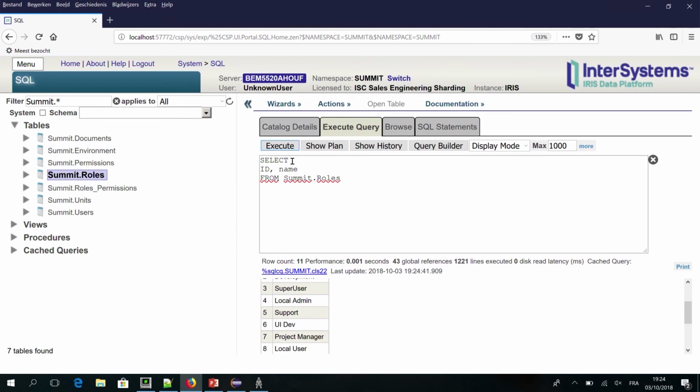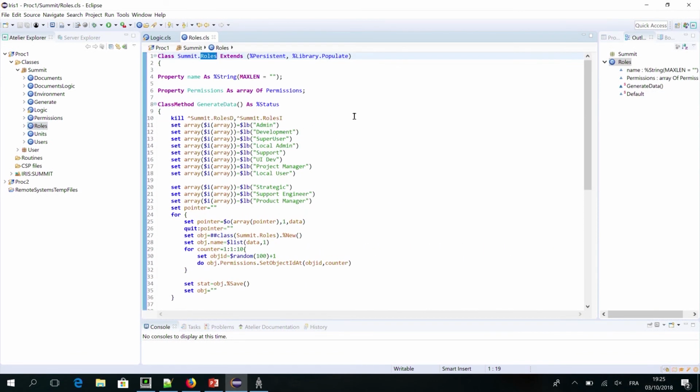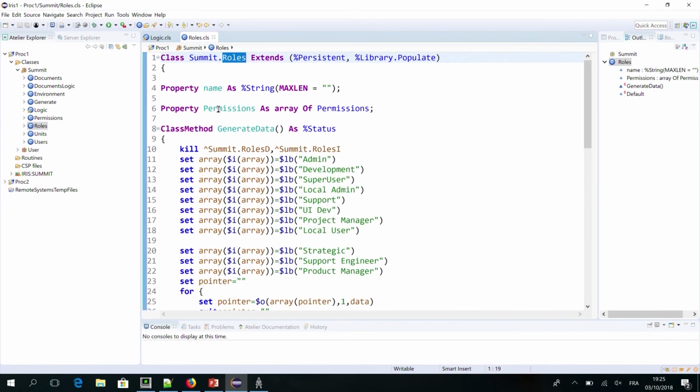So what I did, I created within my roles, maybe I should open Eclipse and show you. Let's go to Eclipse. If I find it, it's in roles. I added the property permissions as an array of permissions. I use the fact that I can use collections in an object. Everybody's familiar with that? This is nothing new? Old stuff? Okay. The advantage of this is